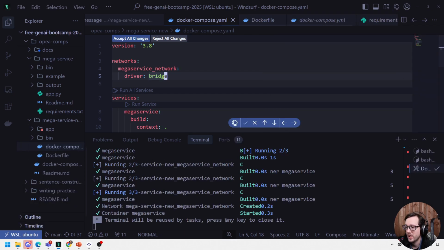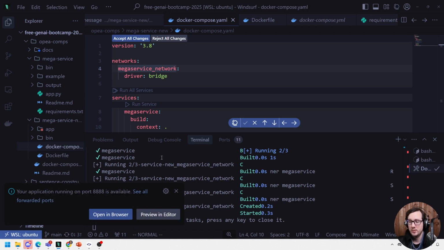And now it's started up, and I didn't really do anything special. For whatever reason, it's decided it worked. Maybe there was an issue with the dot, the period in there. I'm not sure why that would be a problem, but it is running. And so, I mean, that's good.